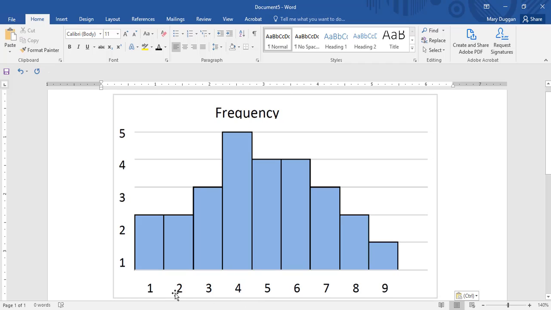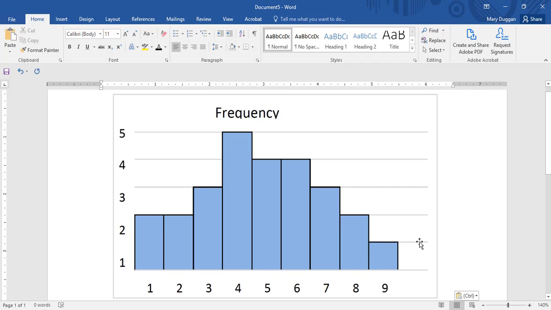So let's think of it. The next question, which one occurred least often? Well, for that, we're going to look for the smallest bar, and that's here at 9. So for a score of 9, we only had one, or is it one person? Oh, this is a little bit off, isn't it? Yeah, one person. We're going to say one person for sure. The numbers should be a little bit different, but whatever. So there you go. One person scored a 9. That is the lowest